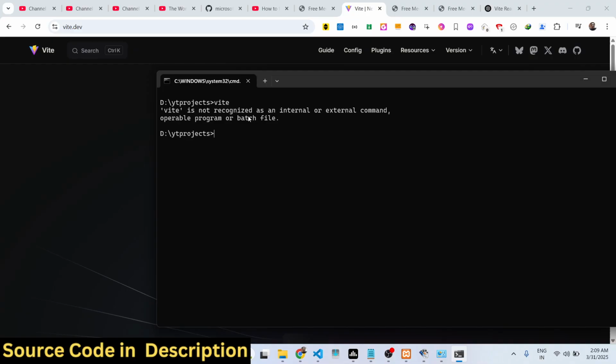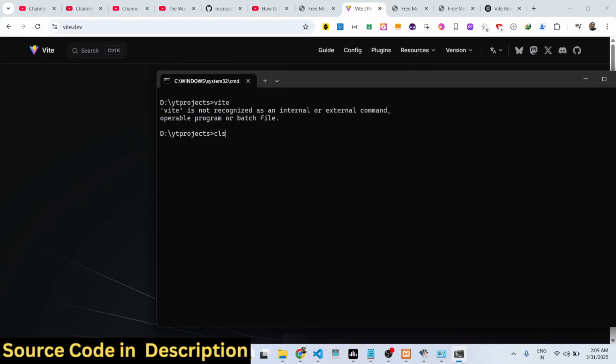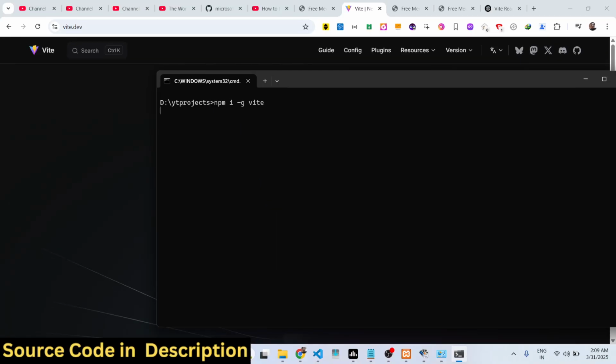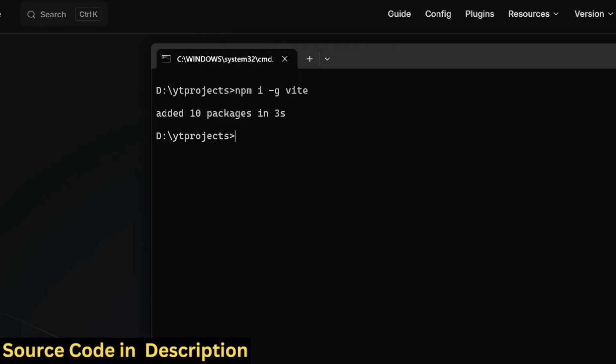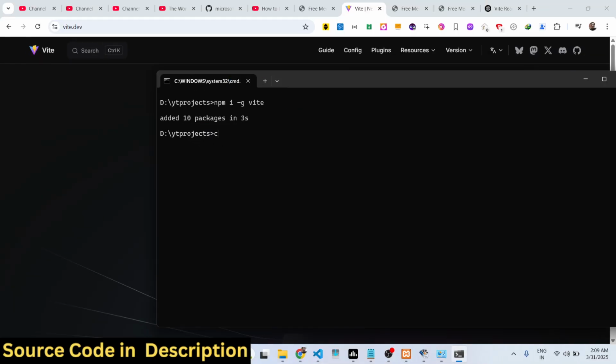So if you're getting this error message, I think you haven't installed it correctly. For installing globally, you need to add the flag here: npm i -g vite, for globally installing vite. So just execute this command. This will install vite globally inside your system. You will see it has added these packages. So if you execute the vite command,